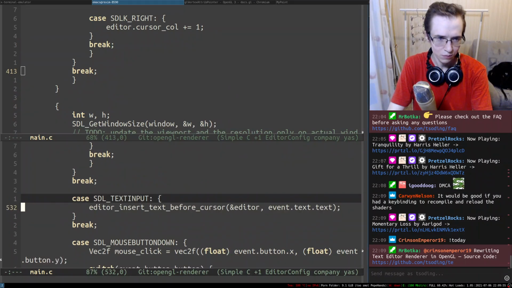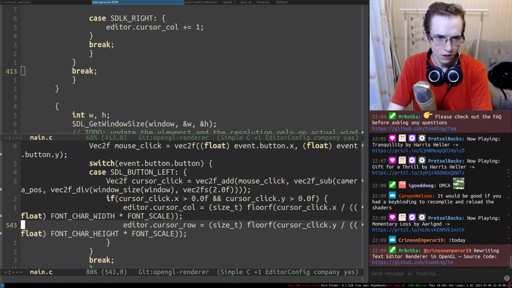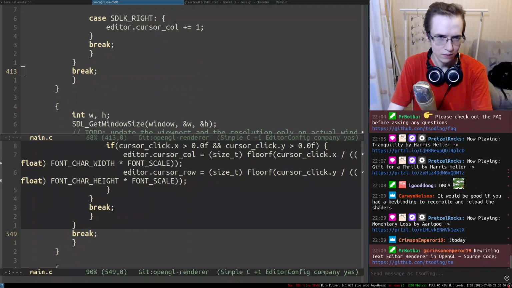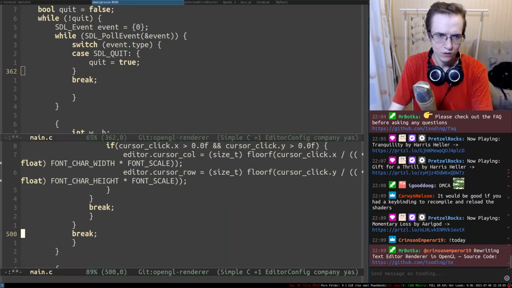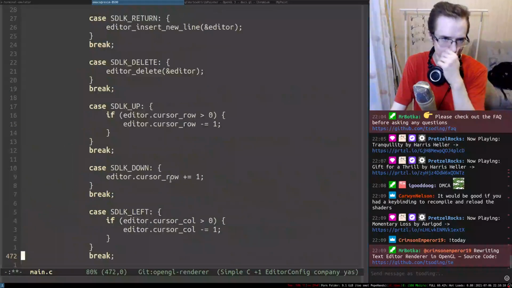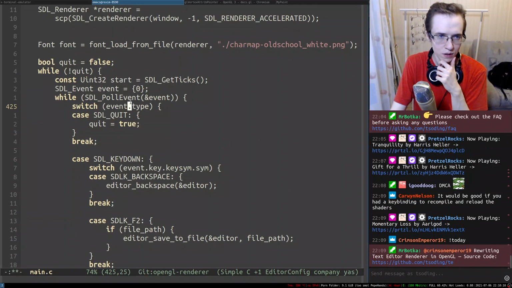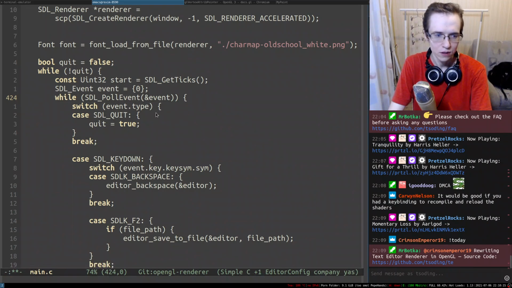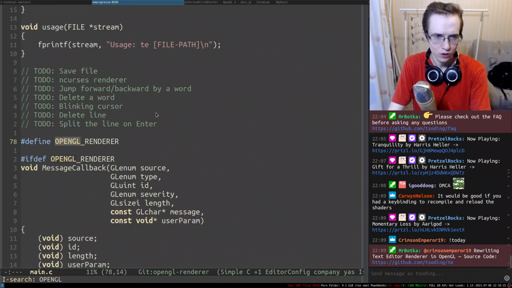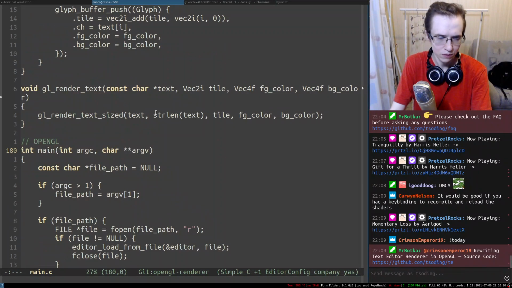So we also have text input and some other stuff. That's a lot of different stuff, not gonna lie. So I'm just thinking how I'm gonna copy paste in this thing. Can I just copy paste the whole event rendering? I think I can just copy paste the whole event rendering. So OpenGL. So here it is.